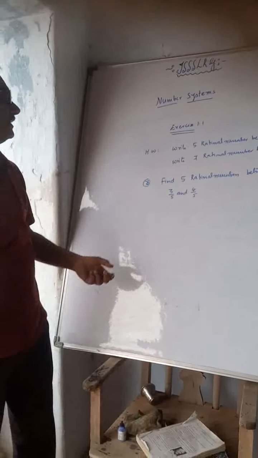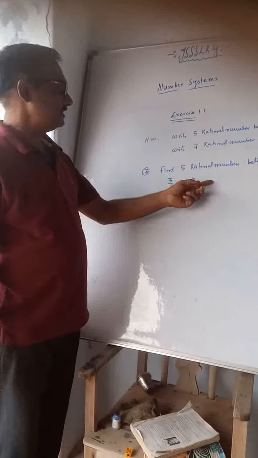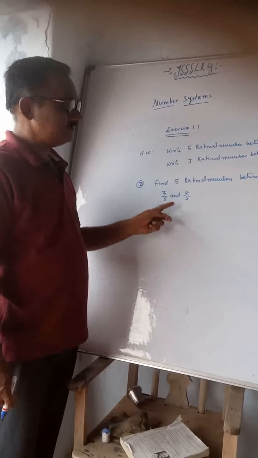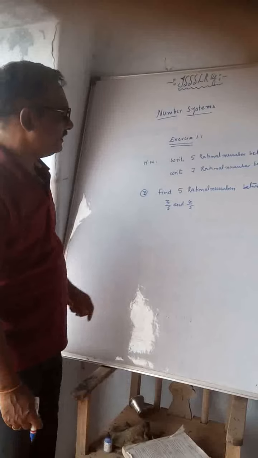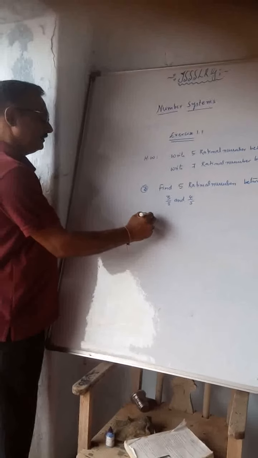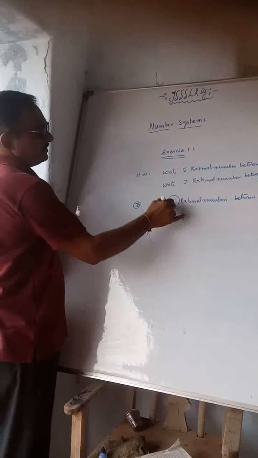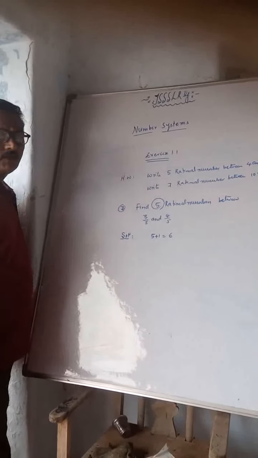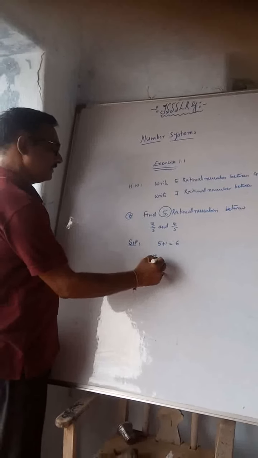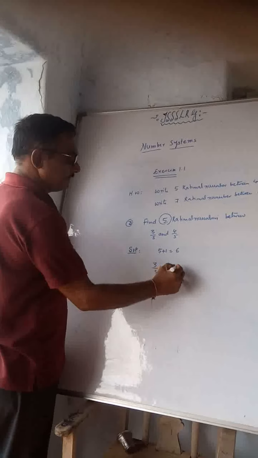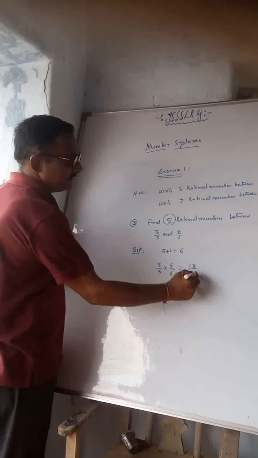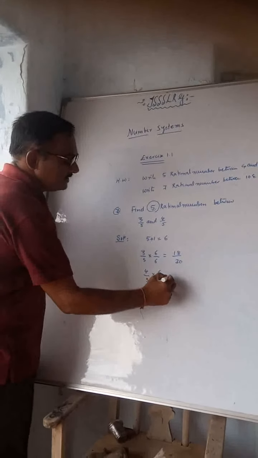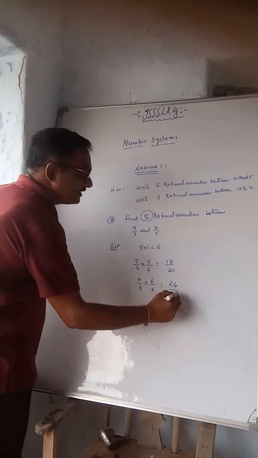First we are going to check whether both of these numbers have the same denominator or not. If the denominator is the same, we can extend them by taking the method. Solve. Here 5 rational numbers are needed. So we are going to take 5 plus 1, 6. Let us take 3 by 5, multiply it with 6 over 6. 6 3s are 18, 6 5s are 30. Here 4 by 5 multiplied by 6 over 6. 6 4s are 24, 6 5s are 30.